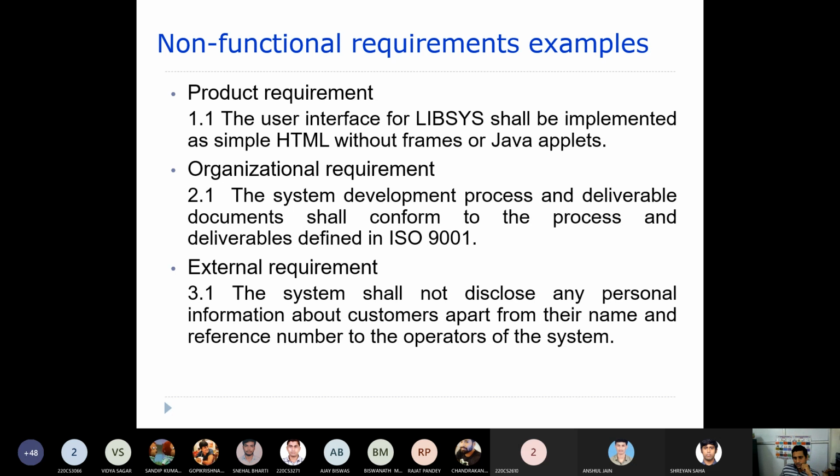Sir, but each client group need not have any engineers. Suppose a medicine shop owner wants to have a software, then who will be the client engineer in that case? Yeah, usually for small projects, as I told you before, many things will not be there. Usually, you do not even go with an SRS if it is a very small software.